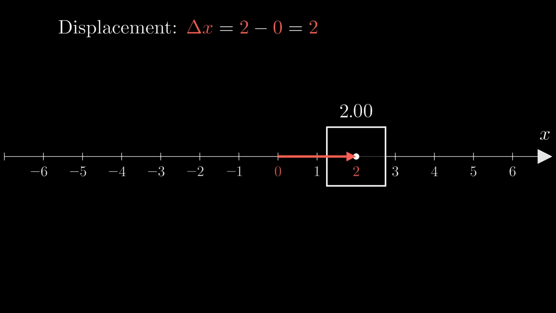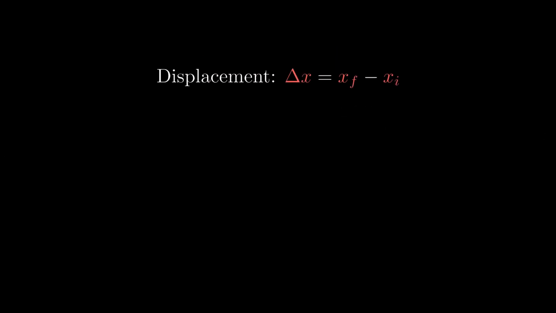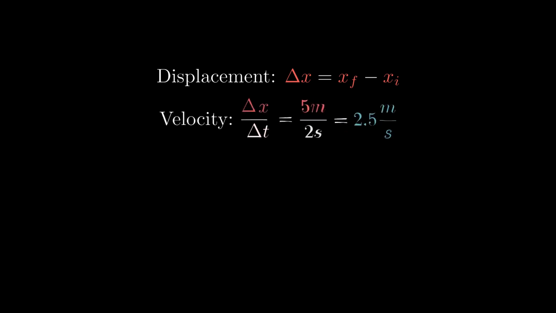But to really talk about how things move, we have to introduce time into the equation. The faster something's going, the less time it takes for a certain amount of displacement to occur. So we divide by the change in time, and that gives us velocity. So if we move 5 meters to the right in 2 seconds, then our velocity is 2.5 meters per second